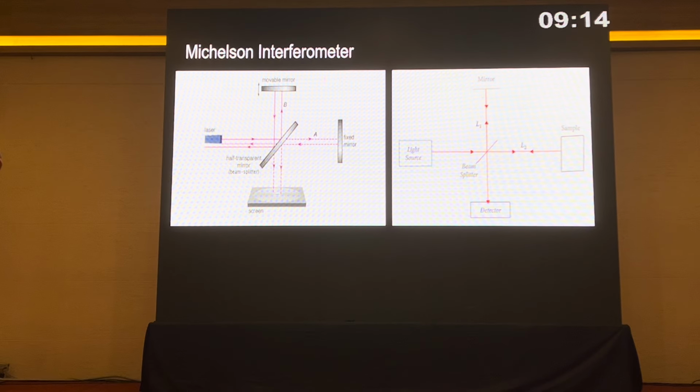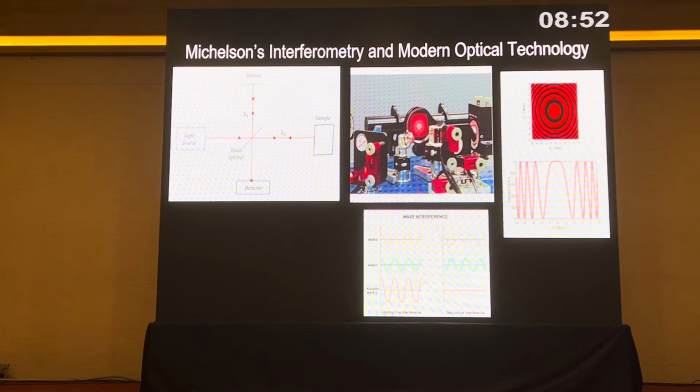And that Michelson-Morley experiment used the Michelson interferometer, a simple device with a beam splitter which splits a beam of light into two parts. One goes straight ahead, one goes perpendicular, and they are reflected back onto the beam splitter where they create interference when they join. And these fringes carry important data about the path of the light and the quality of the fringes. Though the experiment was considered a big failure by Michelson himself, his invention has changed modern optics, and we use it in astronomy and also in medical imaging.